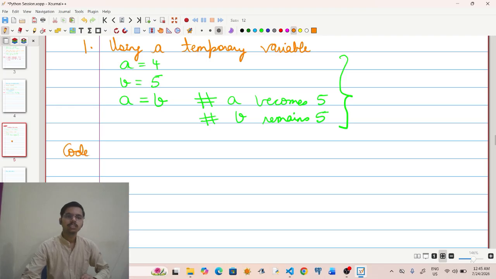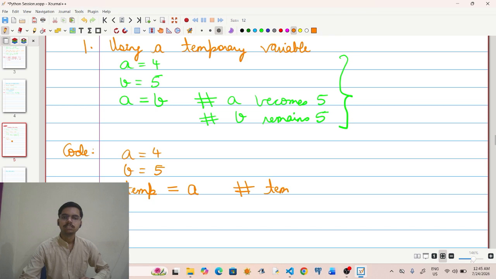What I want to say is A had a value of 4, B had a value of 5. I am saying there is a temporary variable called temp, and I am storing the value of A in it. So you can say temp stores